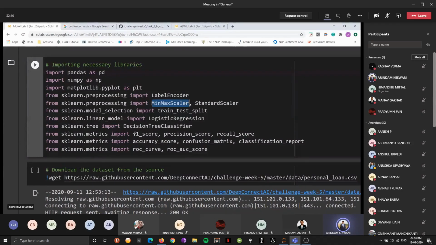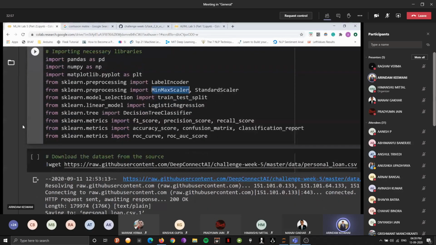Then come the metrics: the F1 score, precision score, recall score, to show why a single metric is not appropriate to judge our model. That's why we need metrics such as an F1 score in particular, to get a more widespread review, so to speak, of our model and see how all features are affecting the output based on the data set, which is a very, very key analytical point in this lab.